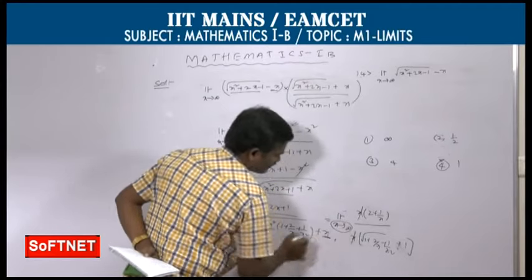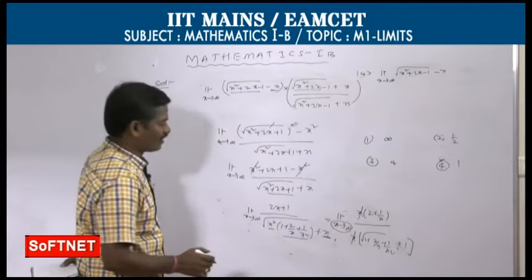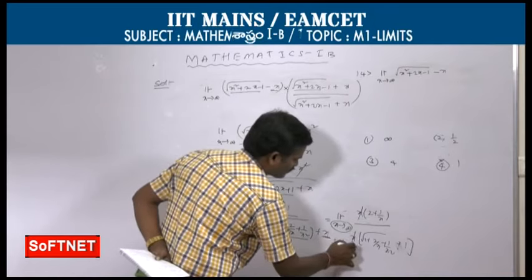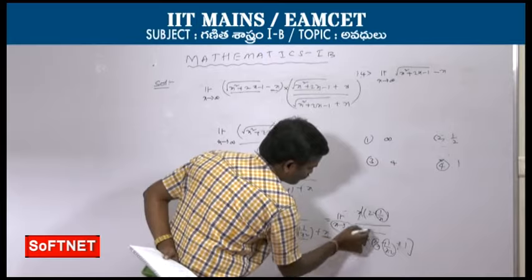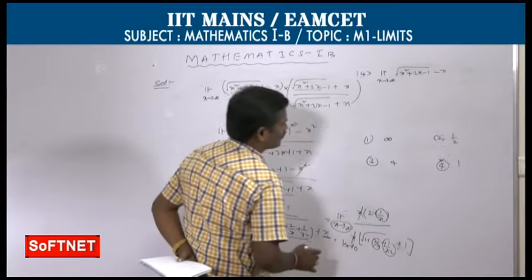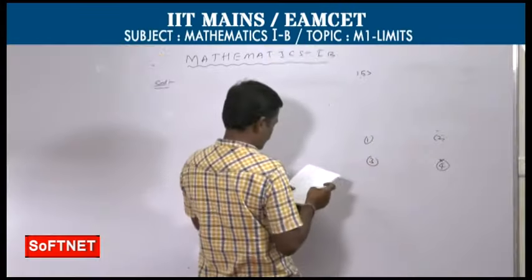So, here as x approaches infinity, 1 by x tends to 0. So, 1 by x tends to 0, substitute 0 in this part, this part and this part. So, 2 by 1, the answer is 2. That is the answer to the 15th question. Next,